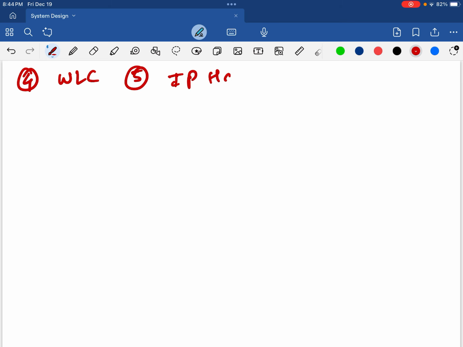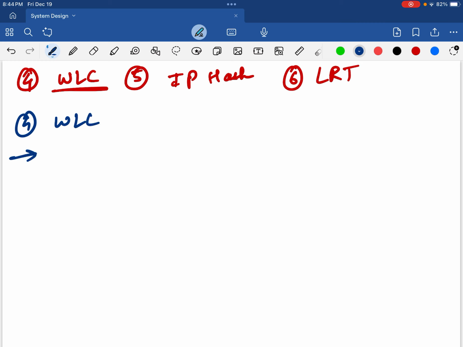IP hash is a very interesting load balancer, and we will then be seeing least response time, LRT. Okay, so let's start with WLC, that is weighted least connection. So what is weighted least connection? Weighted least connection is a dynamic load balancer algorithm that combines server capacity awareness with real-time load awareness, active connections,